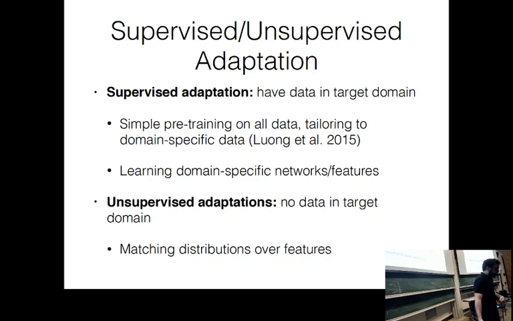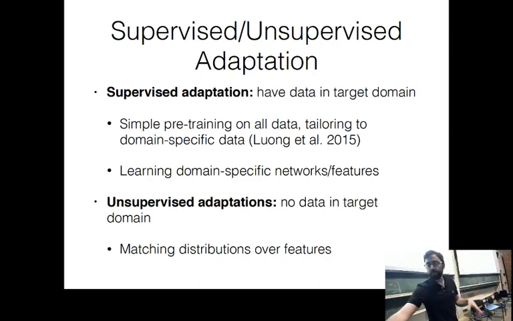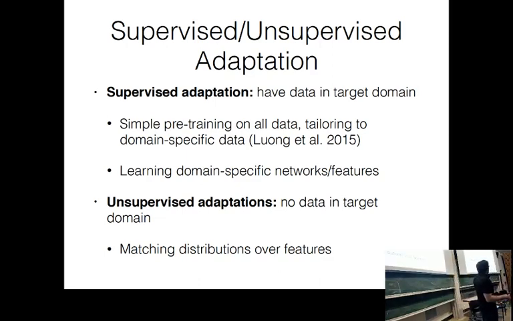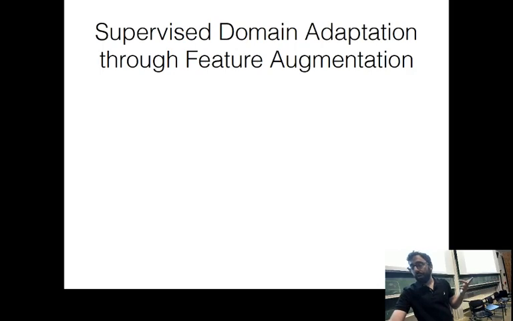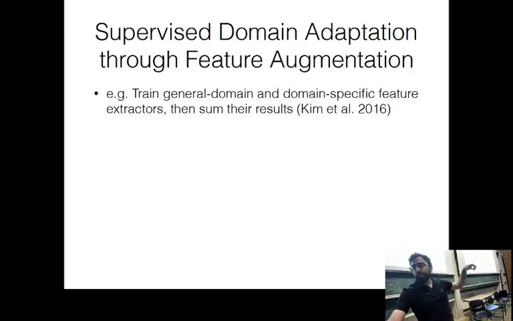And now what you can try to do is make sure that these new data that have a very different distribution do not produce very different distributions over your model's outputs or their features. So going back to the supervised domain adaptation,